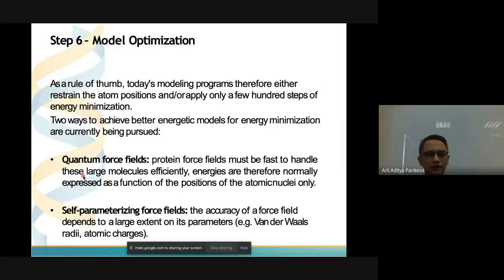There are two ways that you can achieve it by using quantum force field, but for quantum force field, we are not going to use it. Mainly, we still cling to this self-parametric force field because we still want to cling to the conventional physics, classical physics. We are not going to discuss the paradigm of modern physics yet at this point. So we still limit ourselves in the boundary of thermodynamics and kinetics theory.